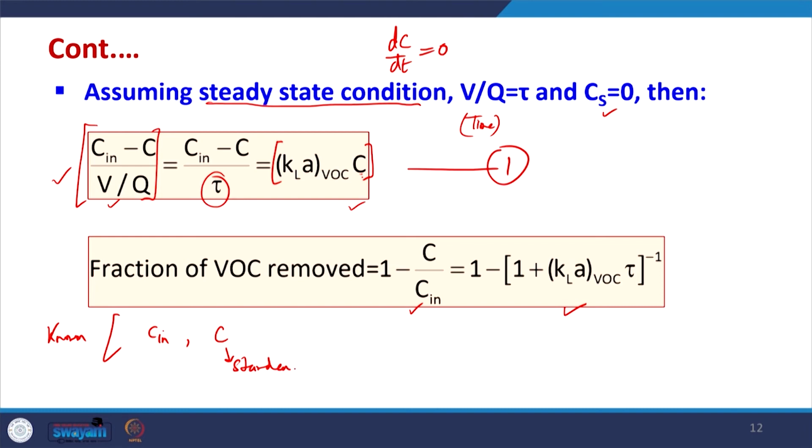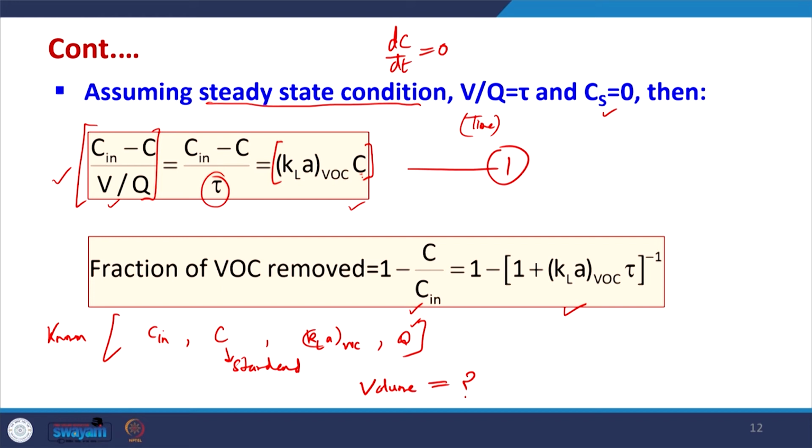So, because we always have to limit to the standards, and the KLa value we have already determined for VOC. Q is already fixed because the flow rate is already known. Depending upon that, the volume of the CSTR can be determined, and if this volume comes out to be very high, under that condition we can put 2-3 CSTRs in parallel. So, we can always divide the Q into smaller units. This is possible, and we can still solve this condition.